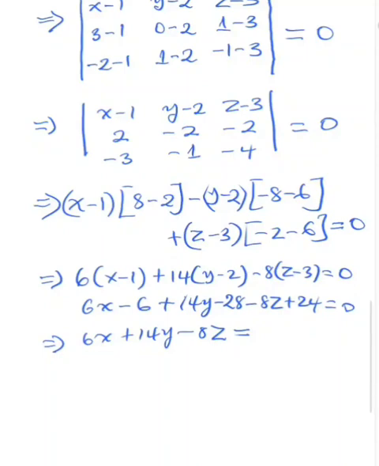Sending it to the right hand side will give 10, and we can further simplify to have 3x plus 7y minus 4z equals 5